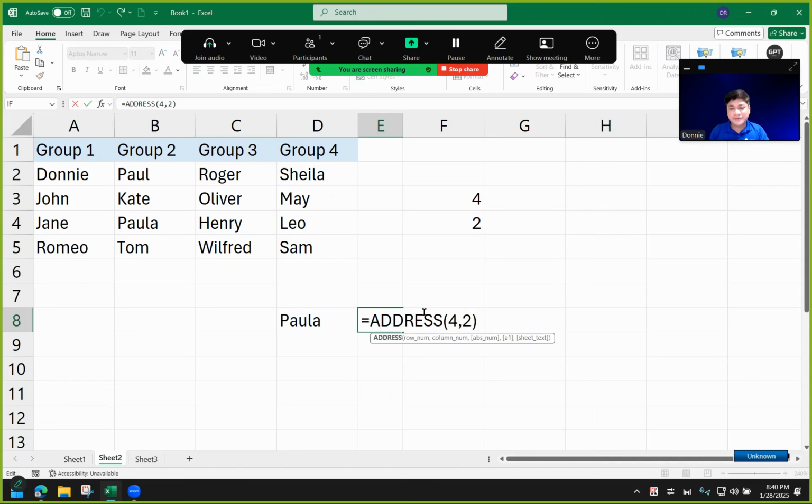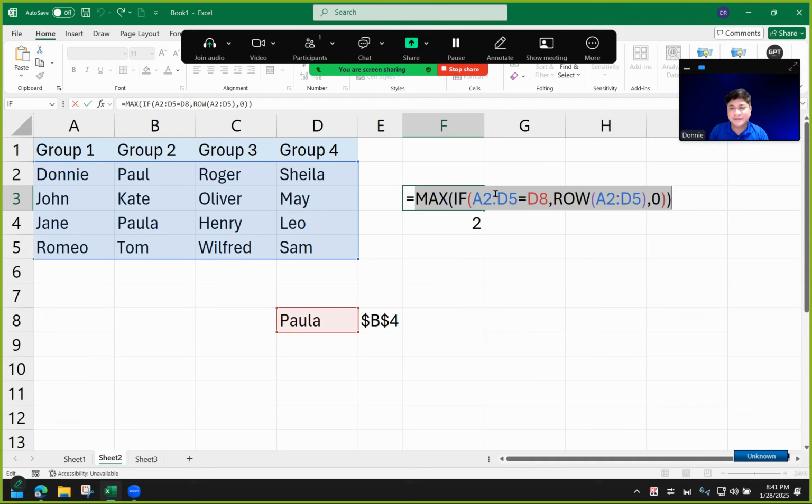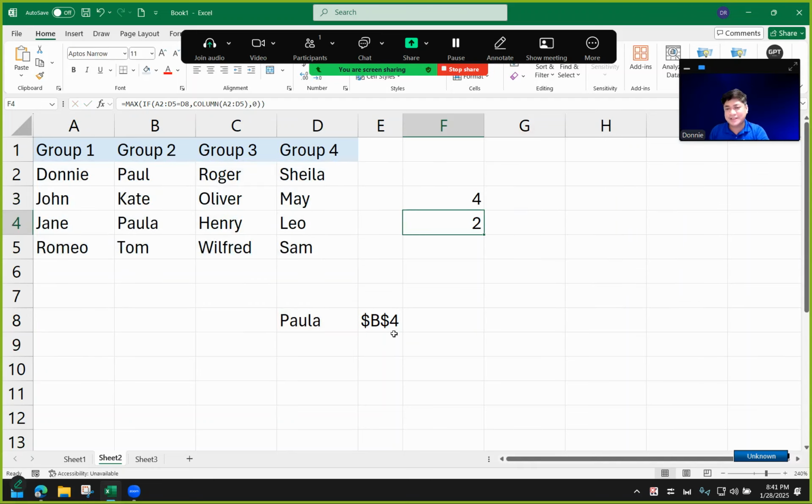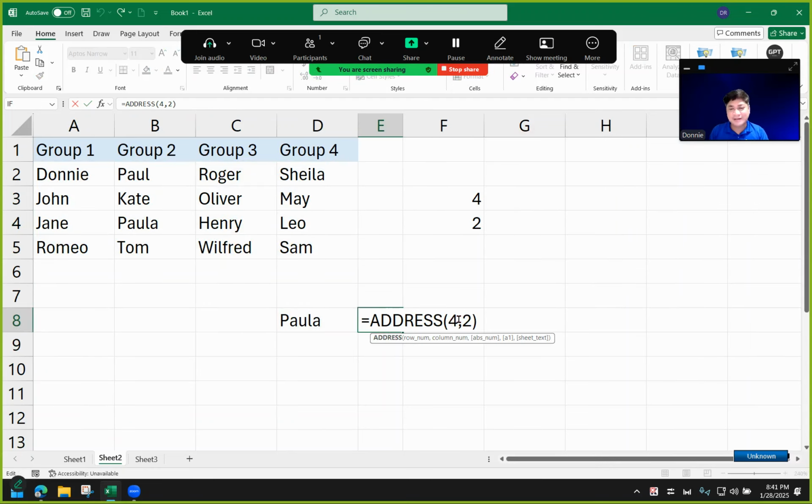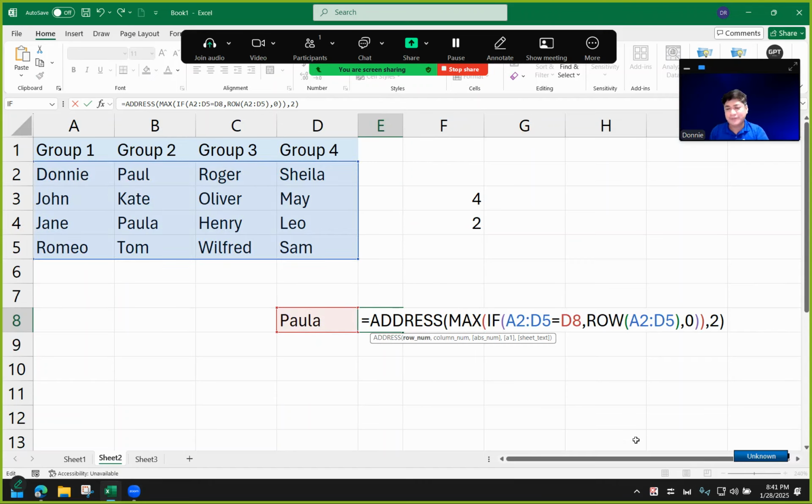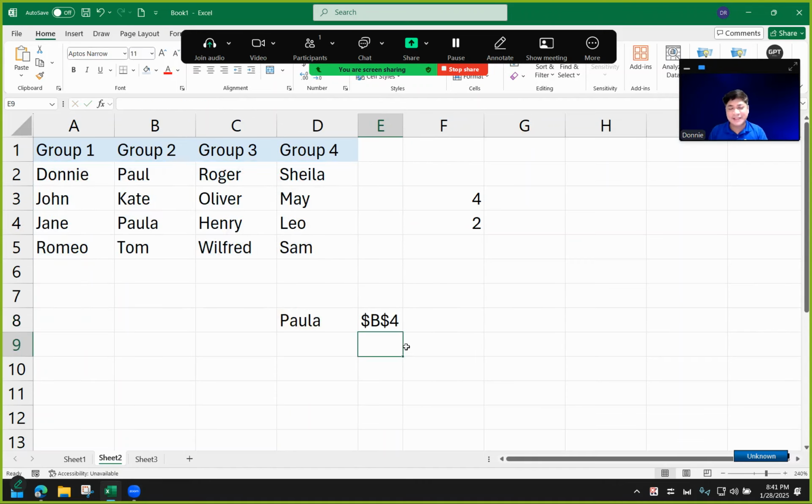So what we're going to do instead is use this formula that we have over here, the maximum value of if the cells are equal to that of D8, and give me the row number. So we're going to copy this and make it the first argument of my address function. And I still have B4, it's still working.